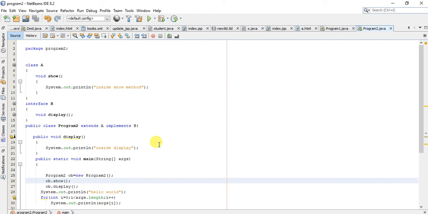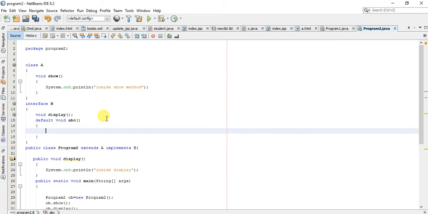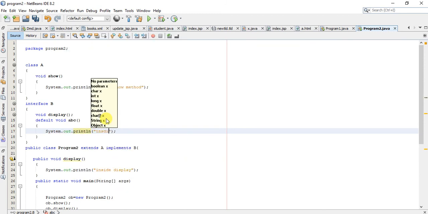We cannot give the definition of an interface method inside the interface, though we can give a default definition by using the default keyword like this: default void abc, System.out.print, inside abc, this is the default definition.